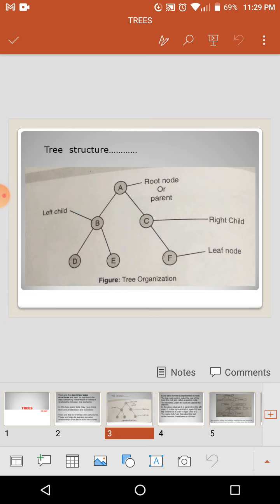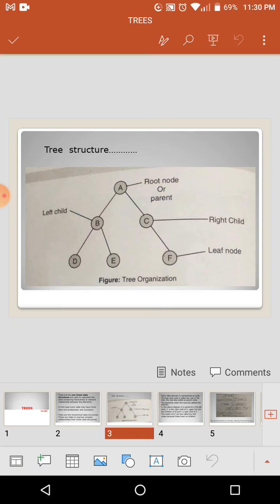tree will be represented. So here the data elements are A, B, C, D, E, F. These are the data elements. How will these be organized? First, A is called the root node. Node is nothing but where data will be stored. So root node, or we can say parent node. What is on the left? Left is also a tree, and the right we can also say is a tree. So every tree representation is just like hierarchical information, parent and child. Every child might have its own children, just like that.